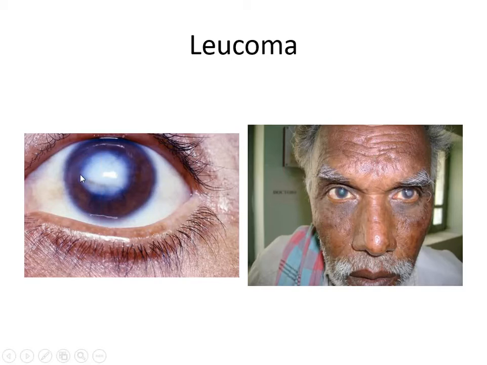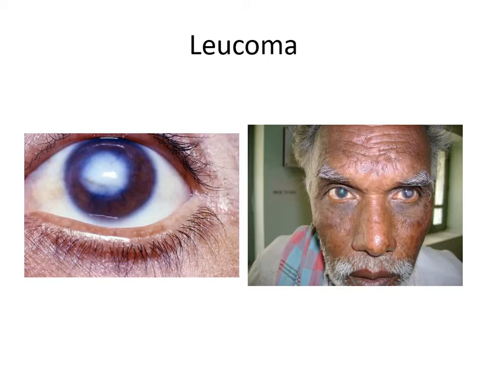An ulcer will also look sometimes white or yellow, but there will be signs of inflammation. There will be redness, circumcorneal congestion, and discharge. Photophobia will be there. The patient will not be able to open the lid properly because of the pain in the eye. So these are the basic differences. And the main important difference is that when you stain the opacity, it doesn't take the stain. When you stain the ulcer cornea with 2% fluorescein sodium strip, the stroma of the cornea will take green color. This is the differentiating point between the leukoma and an ulcer.